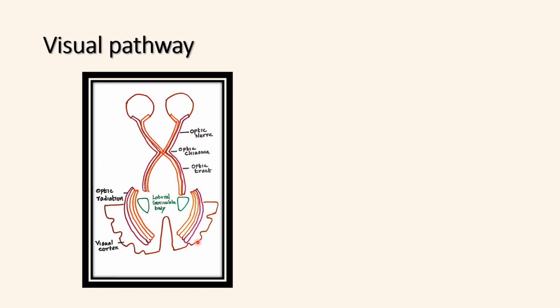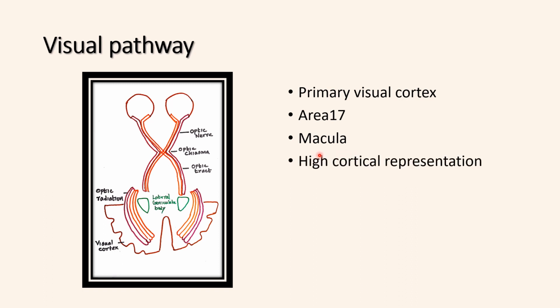The primary visual cortex is area 17, located above and below the calcarine fissure. In the visual cortex, the central part of the retina, the macula and fovea centralis regions, has a very high cortical representation. For the peripheral retina,